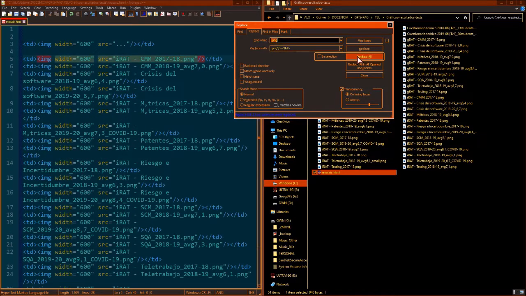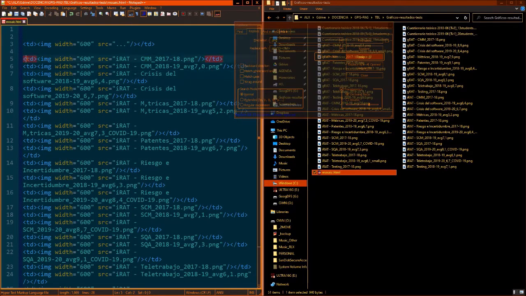So I press replace all, and then I have all the table data cells already tagged. So you see that I've almost made a table out of a list of file names very fast by using find and replace.